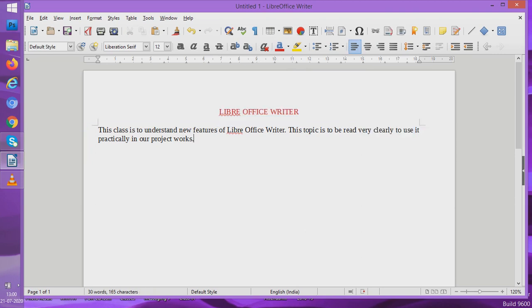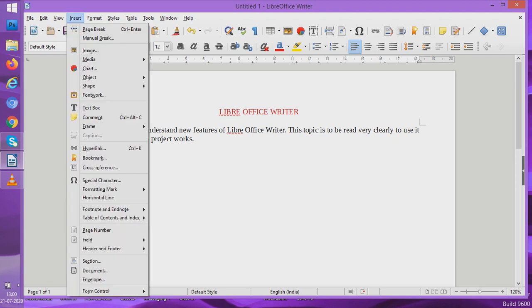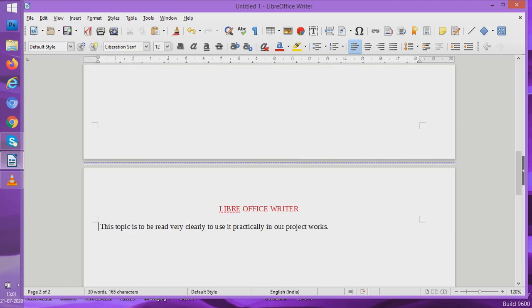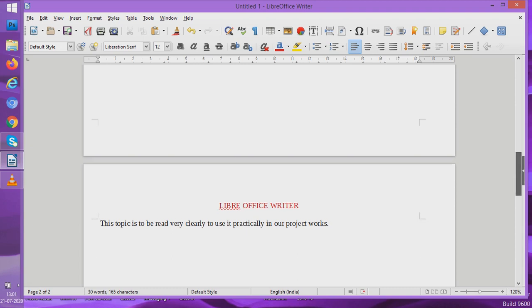Now if I am writing this LibreOffice Writer, the heading would not be only on the first page. It would be in all the subsequent pages, means it would be in all the pages. So suppose I make a page break from here. I go to insert and see where my cursor is, before this topic here. From here things would be broken and sent to the next page. So I go to insert and go to page break. Now in the next page also, you see the heading is there. This is known as header. So we can give headers to all the documents we have. This is known as giving headings.